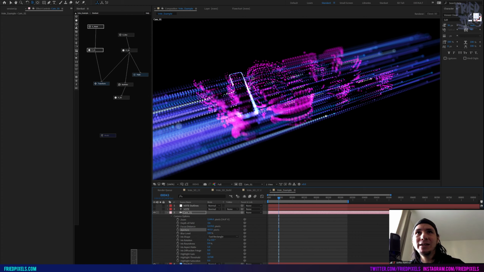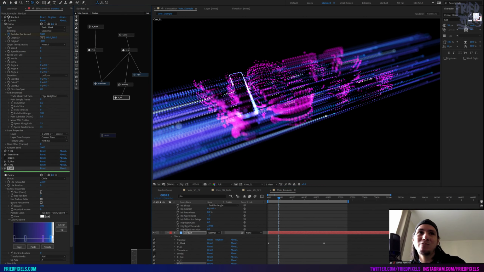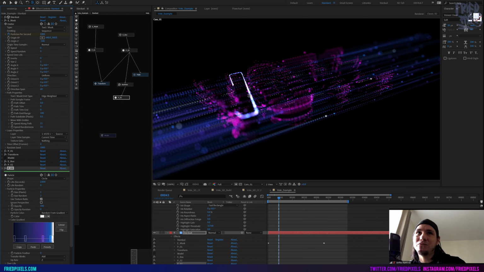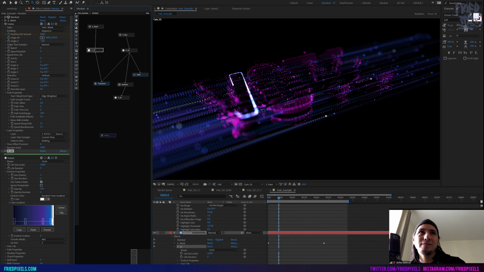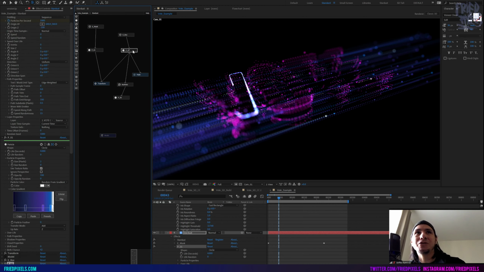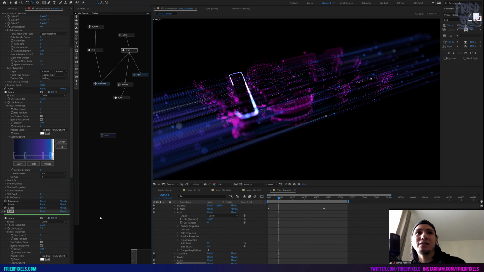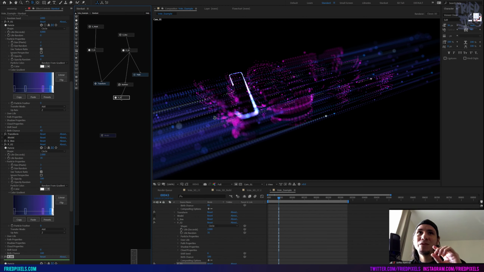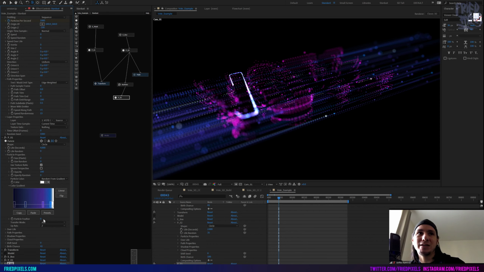So I can kind of see that I think these particles are a bit too big. I think 1 is probably a good value for probably everything. What you can do is your particles could have a bigger head on them, so it creates these streaks. So the main particles that are moving across from that box emitter are larger, at 3, so they're creating these cool bigger contrasting sizes. And then your auxiliaries are a much finer particle, and then you can dial in, like I said, your size. So maybe, or not your size, but your amount.